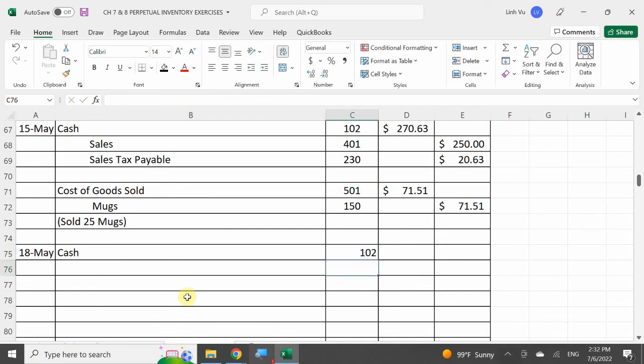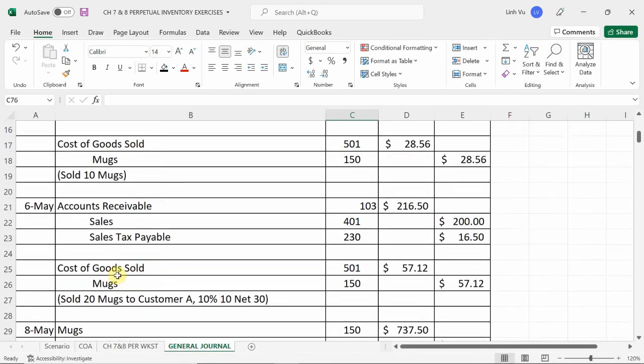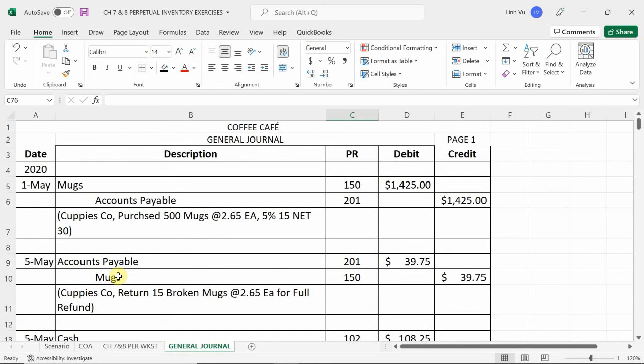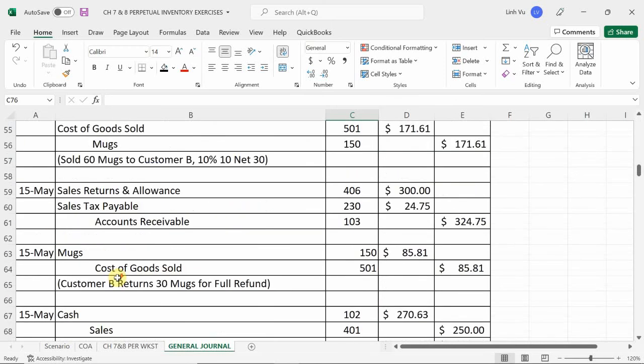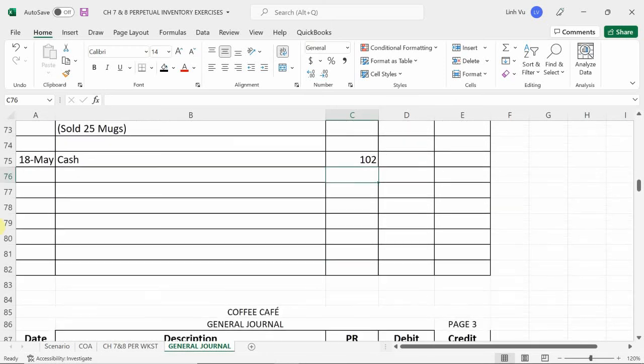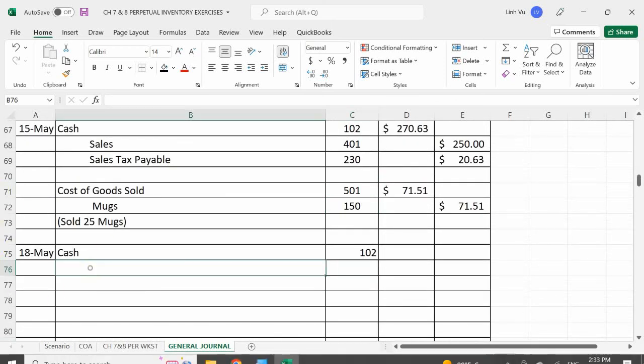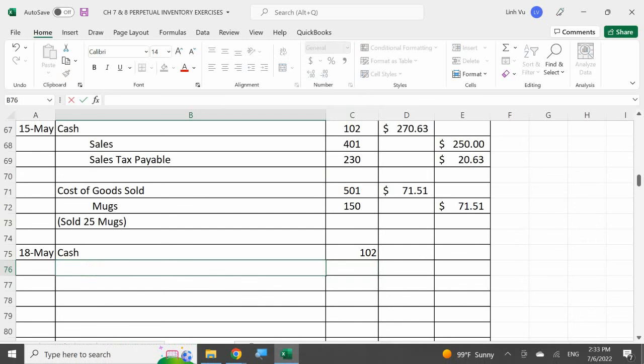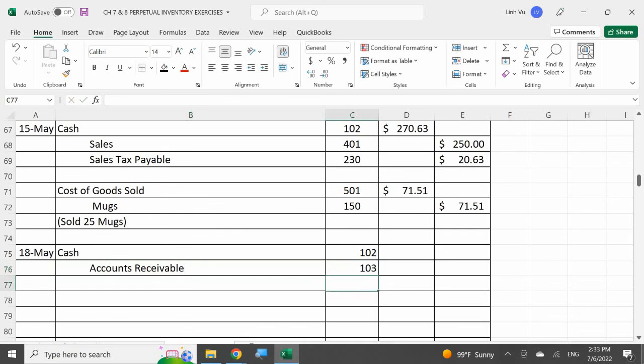Right? And because they owe me, and they're paying for what they owe, we're going to reduce the accounts receivable by saying they don't owe me anymore because they made a payment. So that means we're going to reduce the accounts receivable. Okay? Now we already established,